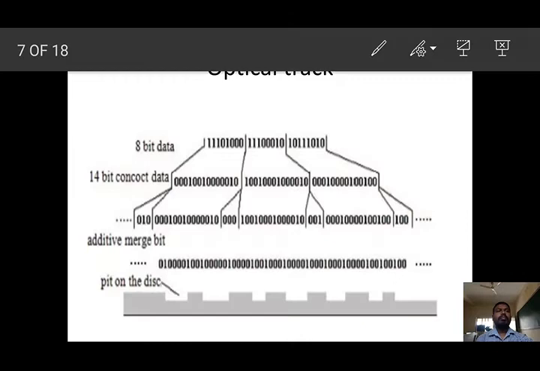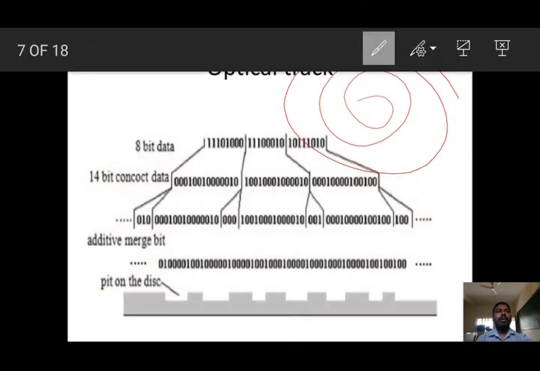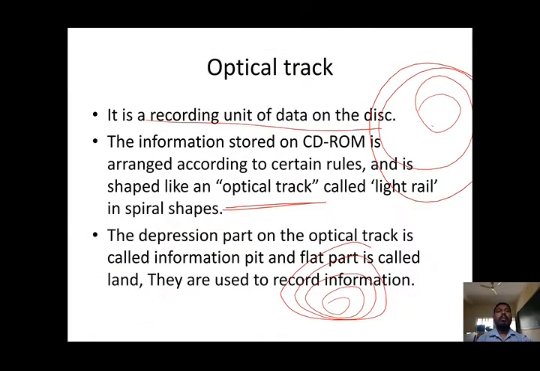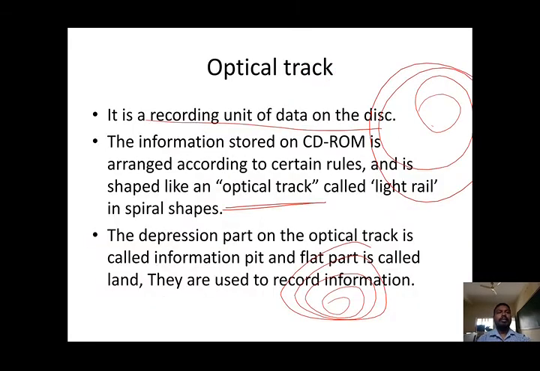Dear students, in the spiral shape the data will be stored. You can see the information, 8-bit data. See this place, clear, is called pit, the depression part. This depression part is called the information pit, and this part is called land, the flat part.